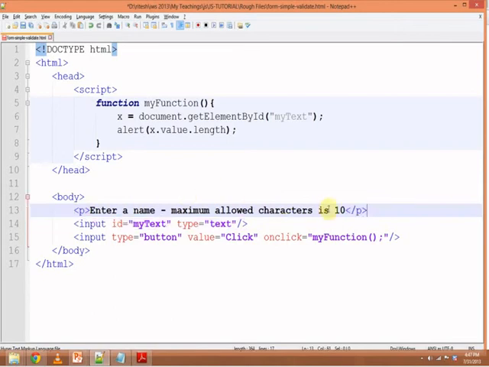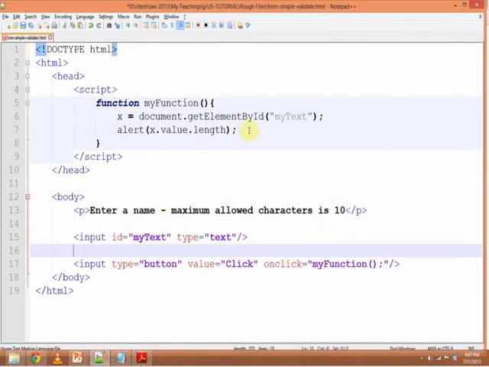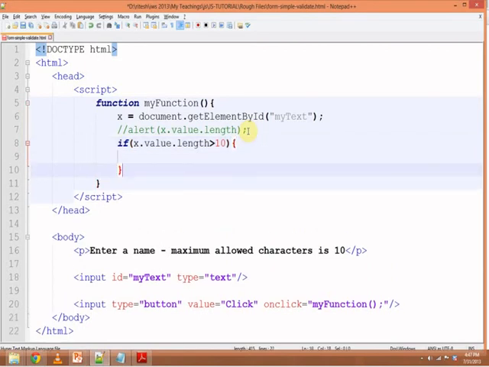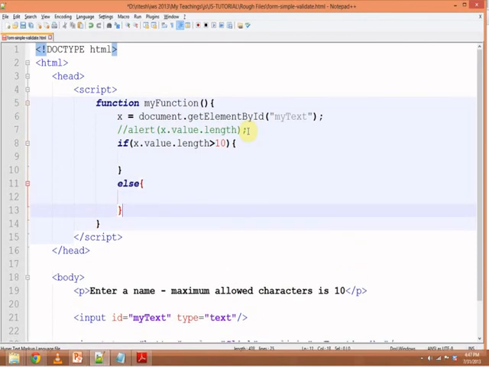So you need to show a message or an alert to the user that if they have entered any value having a length of more than 10, it should show an error. So I will say if x.value.length is greater than 10, then I need to show them an error.